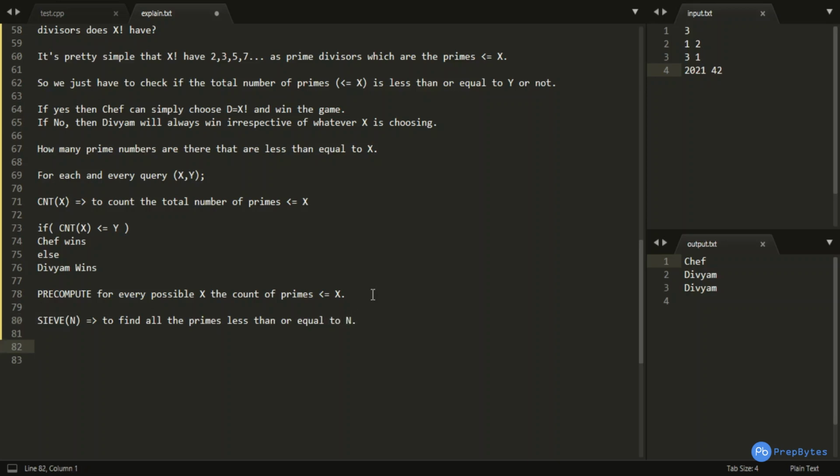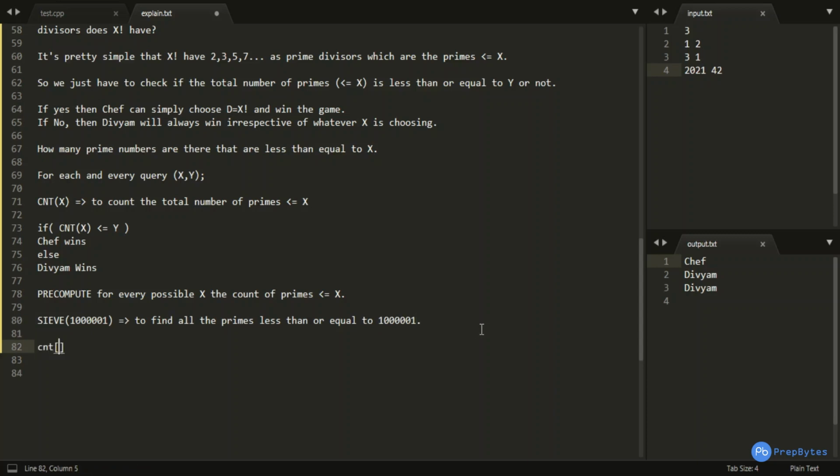So I would be having sieve of the highest possible value of x, which in our case is nothing but 10 to the power 6 plus 1, because x can be as high as 10 to the power 6. So I would be finding all the primes less than or equal to 10 to the power 6 plus 1, right? So all the primes up to 10 to the power 6 are being counted with this sieve function,